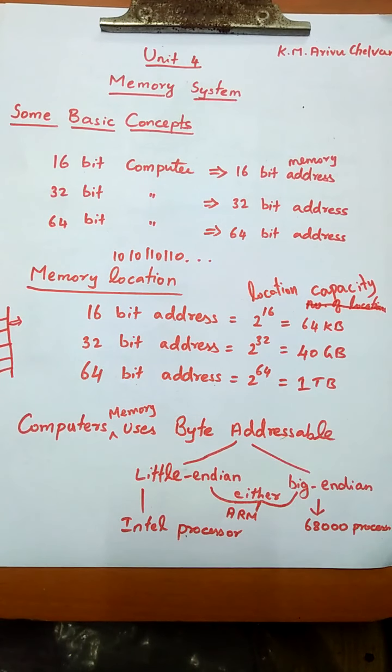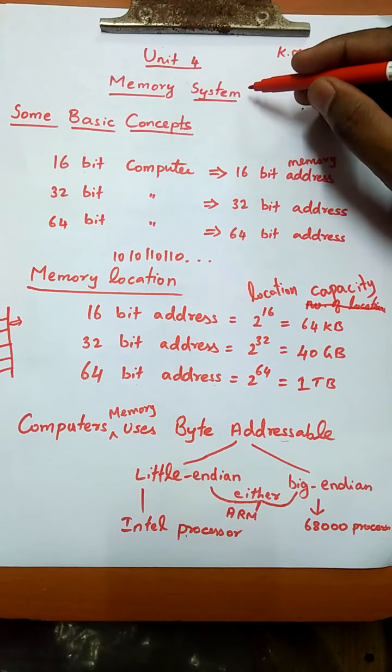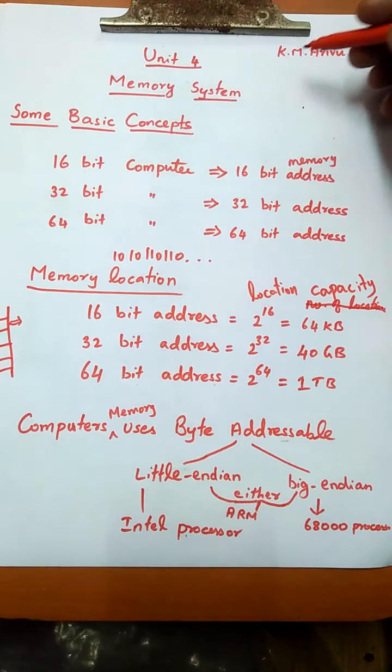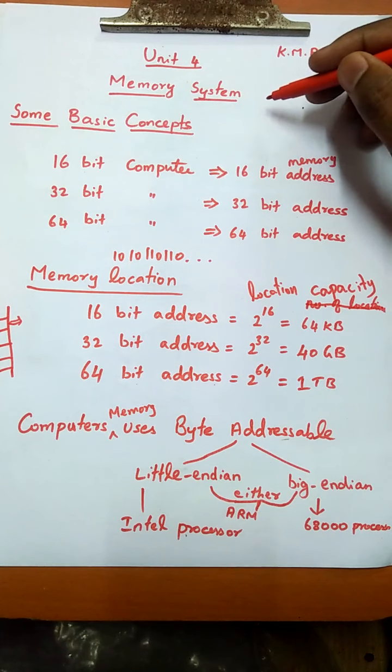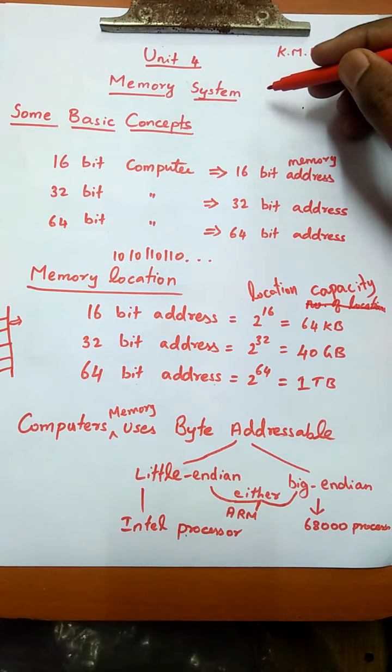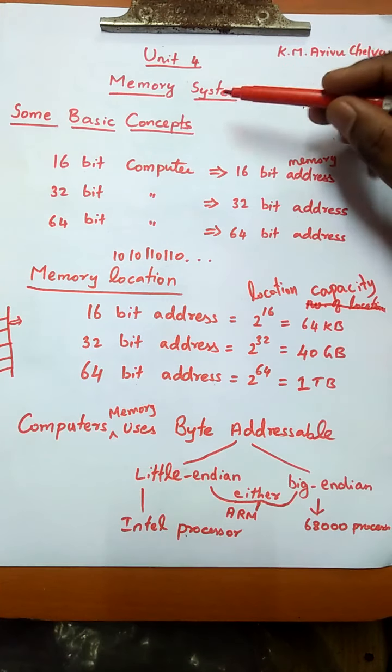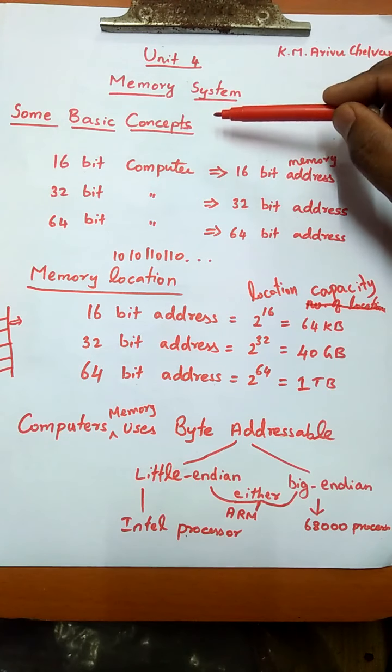Hi everyone. Today we are going to discuss one of the most important functional units of a computer, the memory system. So you all know why the memory system is used. For storing and retrieving data, we need a storage device, and it is handled by this memory system. We are going to discuss what memories are available in the memory system and how they are organized in the computer. Before going into the system, let us see some basic concepts in memory system.